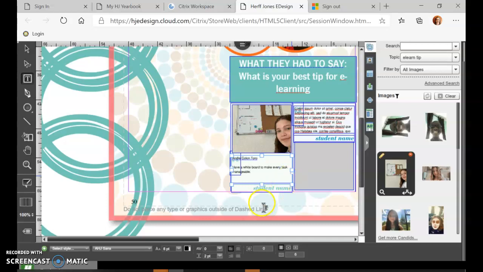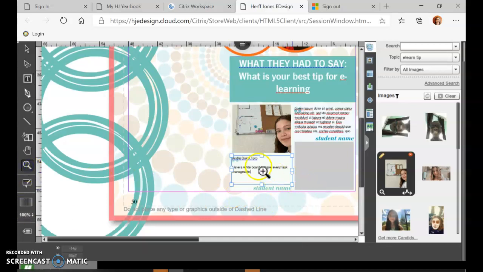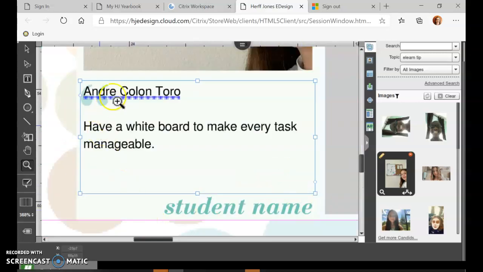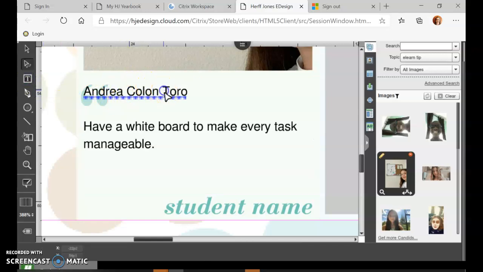All right, so I don't need as much room as I've got here, so I would probably make this smaller. Oh, I spelled her name wrong, so let's fix that. Andrea, and then